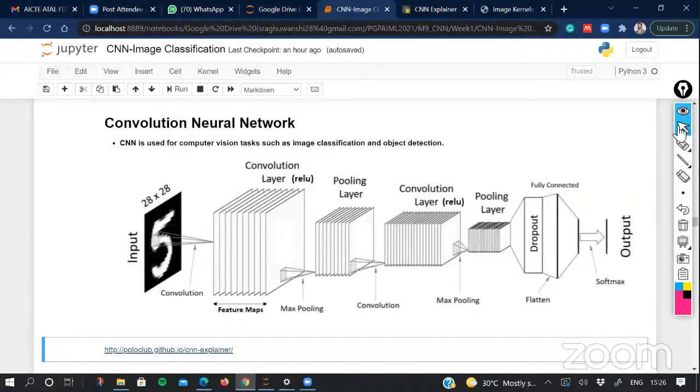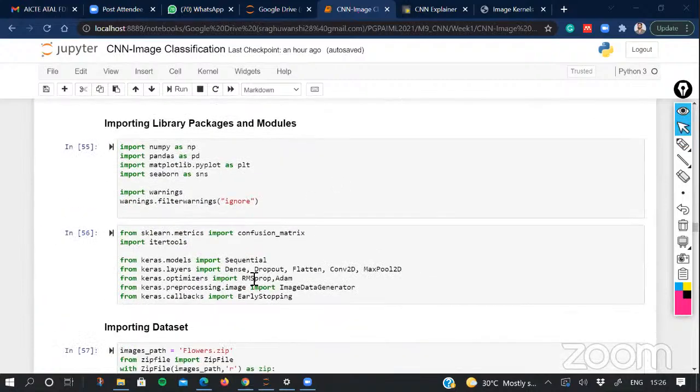For all these layers, you can use TensorFlow, and in the TensorFlow Keras layers, you can look for all these types of layers. Dense is a module which will give you the facility to create dense layers. Dropout will give you the facility to create a dropout layer. Flatten is used to flatten your input volume in the form of a vector. Then the convolution layer and the max pooling layer.